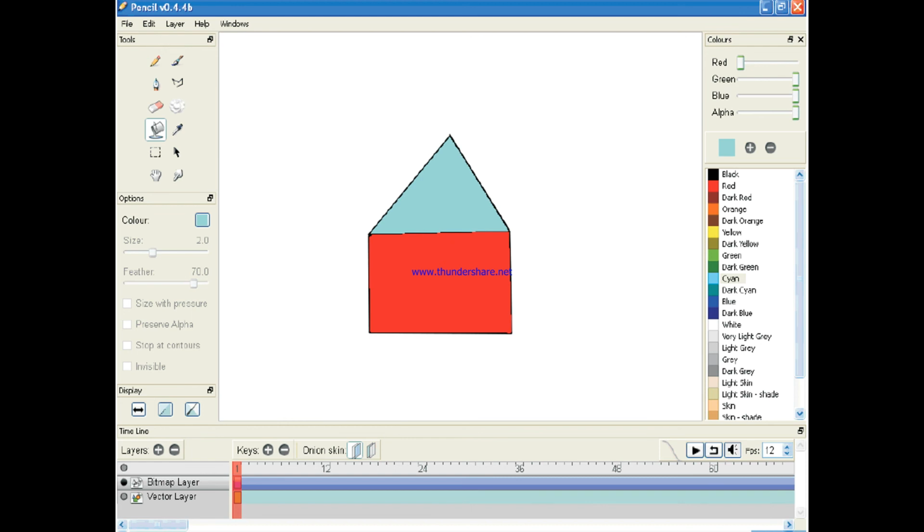This is Pencil version 0.4.4. They have a view showing some of the tools, colors, panels, taskbar, status bar, some of the keys, and time intervals 12, 24. These are the keyframes mentioned for the animation.